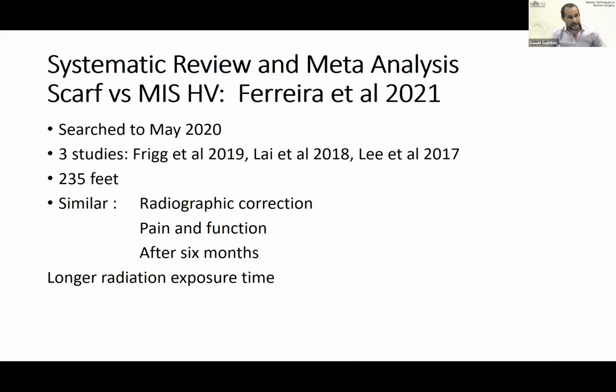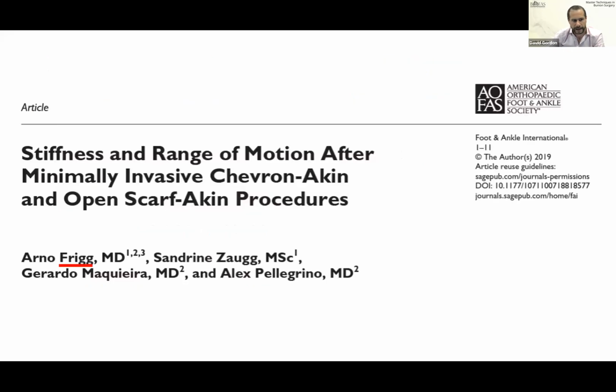So there's also been a systematic review. Ferreira in Sao Paulo and authors, Gabriel Ferreira in 21 published this. He searched up to 2020. He found 3 studies comparing SCARF and minimally invasive hallux valgus correction, in total 235 feet. Overall he found that radiographic correction was similar, as was pain and function. And this is up to 6 months, but longer radiation exposure time. So I'm just going to delve in a little bit into those 3